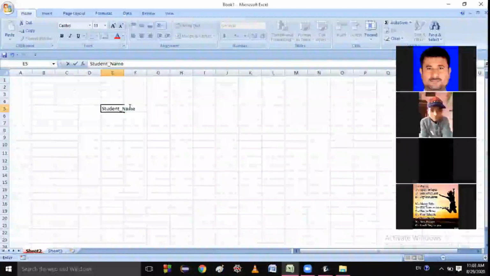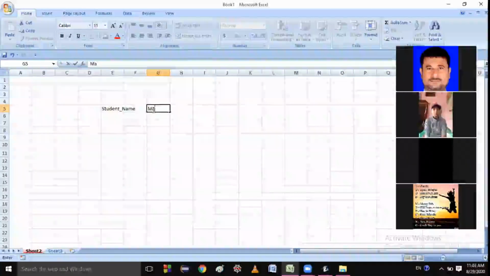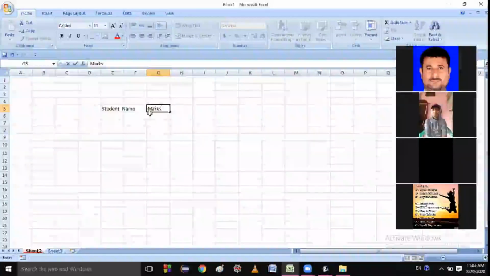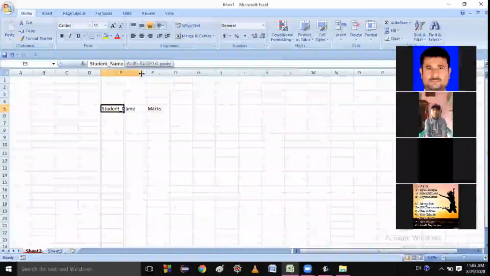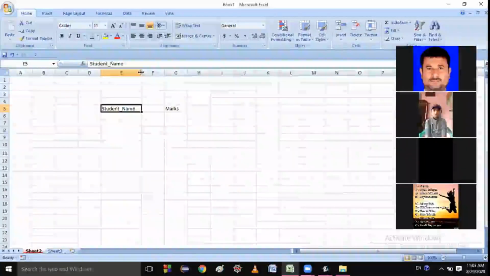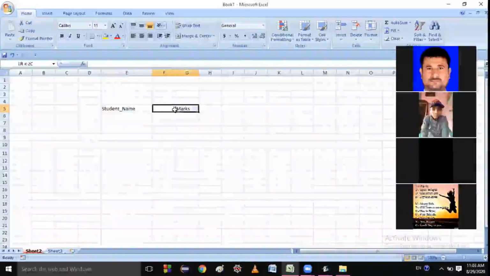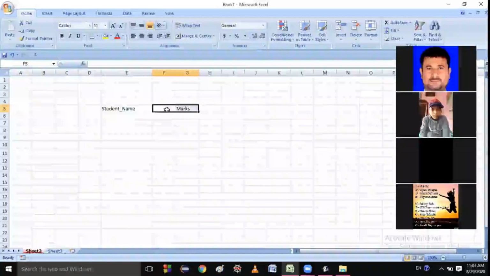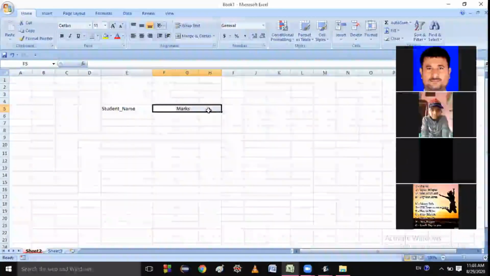Student name, marks. Only 2 columns, marks and this one, student name, this one marks. And how many subject marks? Hindi, English, maths. 3 subject marks I am taking.